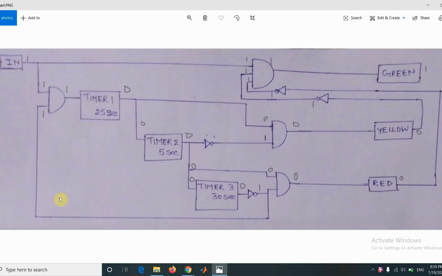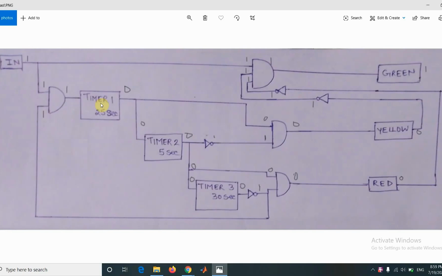But due to this connection, the moment this timer reaches 1, this timer outputs 1. Due to this NOT gate, this AND gate turns off and all three timers are reset in succession, and then the moment this third timer is reset, again due to this NOT gate, this AND gate turns on and this timer 1 starts timing again. Now this whole process of resetting the timers and then starting timer 1 again is instantaneous. It happens in a moment.